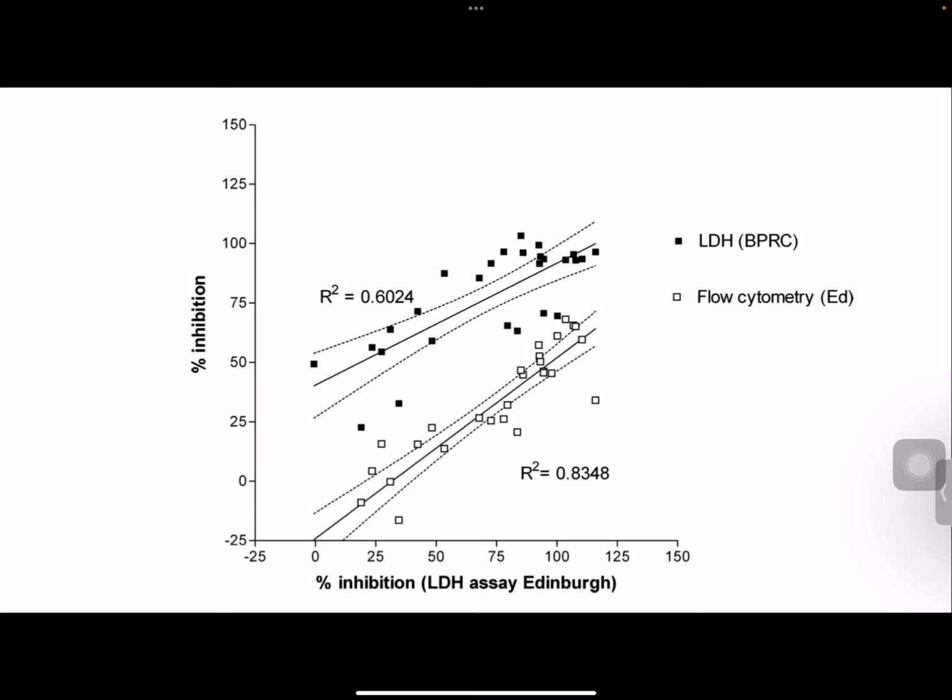So we can clearly see here that the flow cytometry, which is measuring the amount of the presence of antibodies and the percent growth inhibition